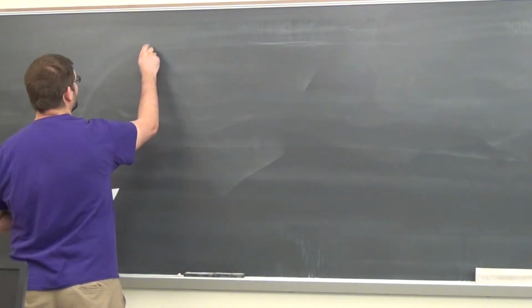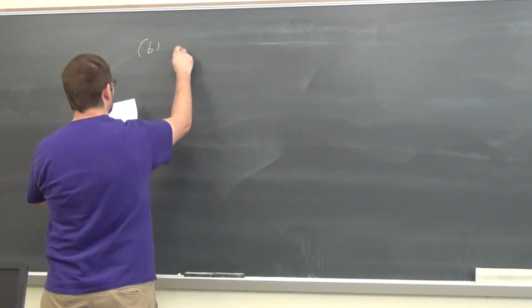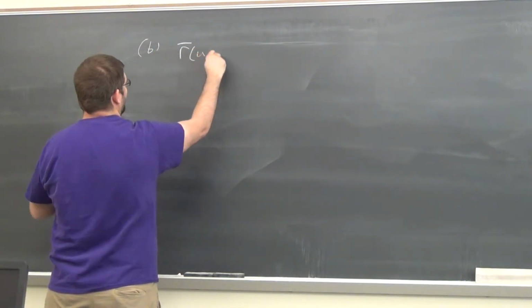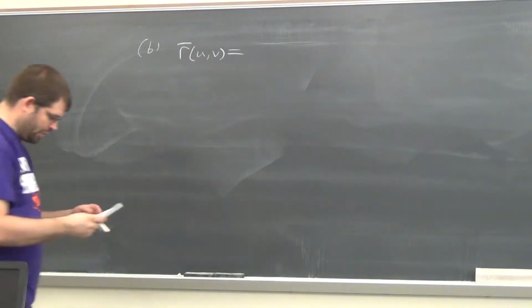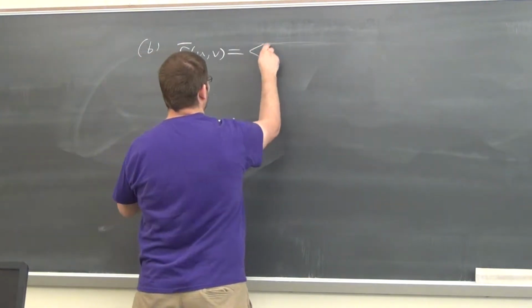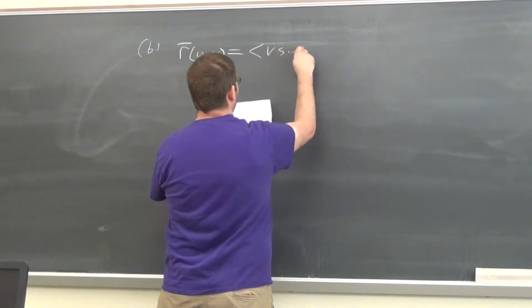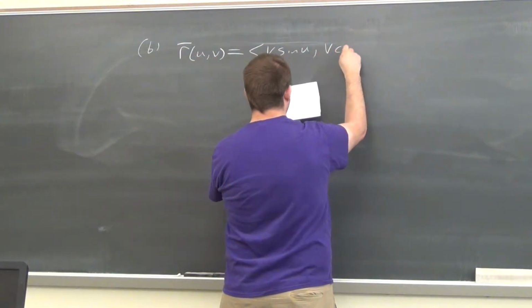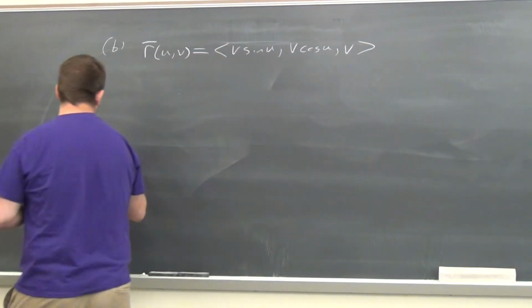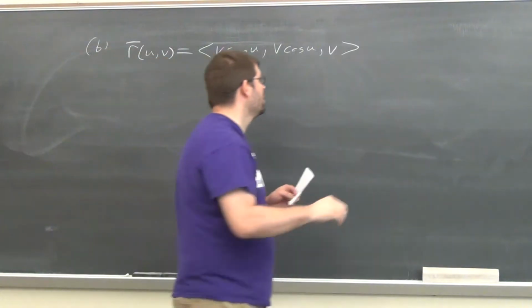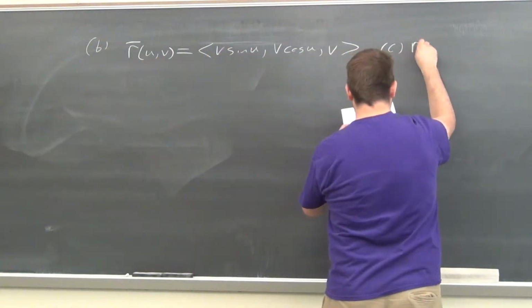Oh, let's try. So these are all pretty similar. This time I'm going to write it in this vector form. So R of u, v is the vector valued function. Let's do v sine of u, v cosine of u, and then v. And if you finish that one, let's try